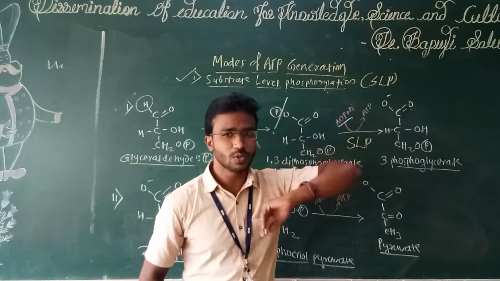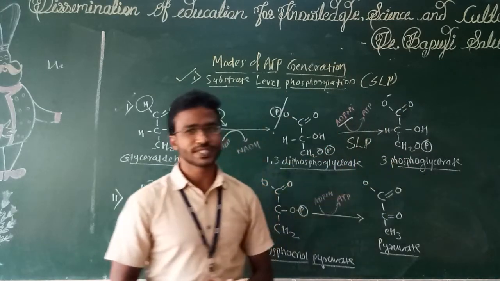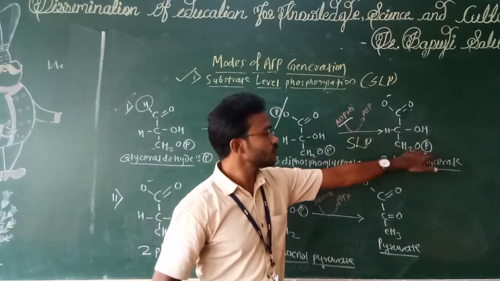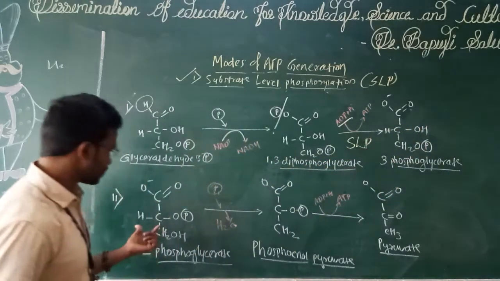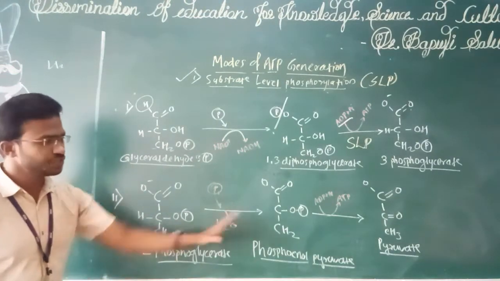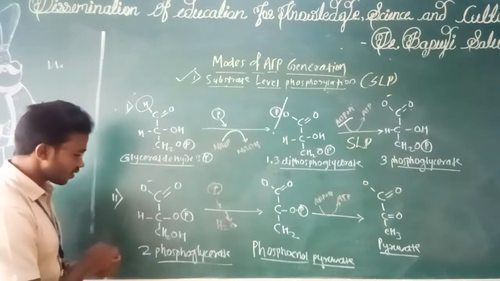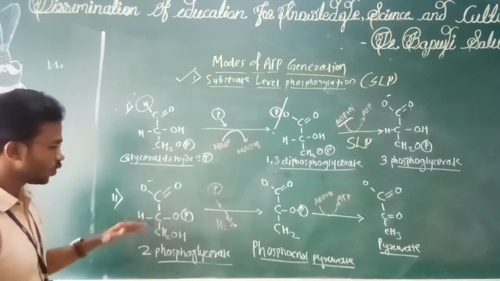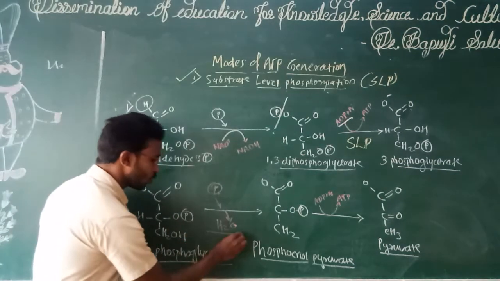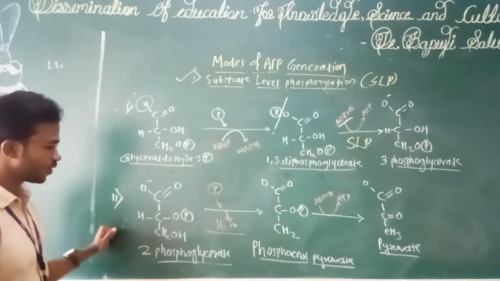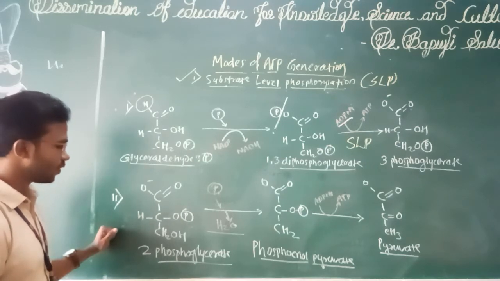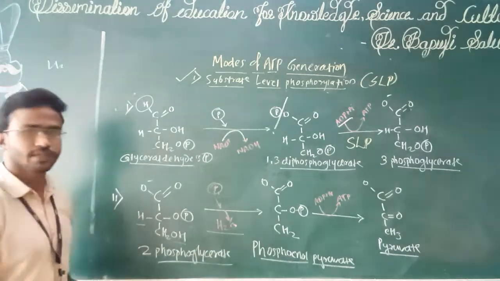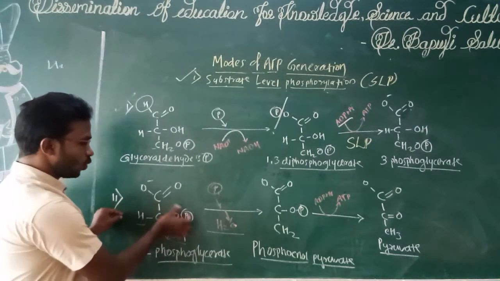Now the next reaction we know that from EMP pathway, this 3-phosphoglycerate undergoes isomerization. म्हणजे काय होतं? थर्ड कार्बनचा जो फॉस्फेट आहे it comes to the second carbon. So that is 2-phosphoglycerate. याच्या पुढची जी रिएक्शन आहे ती आपली SLP ची रिएक्शन. So 2-phosphoglycerate undergoes a dehydration, removal of water. Here water is released. Look at this OH group and this H group. This OH and this H is released in the form of water.